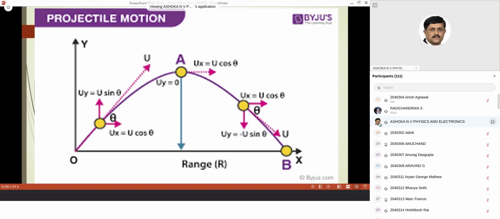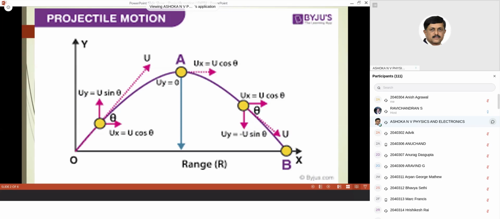The object follows the path we have shown in the diagram. Any object which is thrown into space, we can call it a projectile. This has a lot of application in sports as well as defense. In general, you can discuss many things on the basis of this. I think you have already discussed it in the theory class. So any object which is thrown into space at a certain angle theta with the horizontal surface,